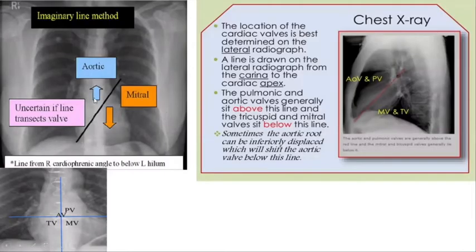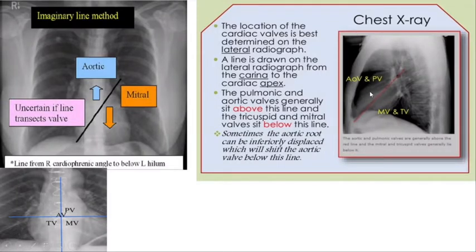Now the walls of the heart. For localizing the walls of the heart, we have to take two imaginary lines. On the PA view, take a line from the left hilum up to the level of the right cardiophrenic angle. Superior to this is the aortic wall, and inferior to this is the mitral valve. This is very important for localizing the calcification which occurs in the different cardiac pathologies and rheumatic heart disease. Similarly, in the lateral view, we can also draw an imaginary line which extends from the apex of the heart to the carina. Above this is the aortic wall, and inferior to this is the mitral valve.